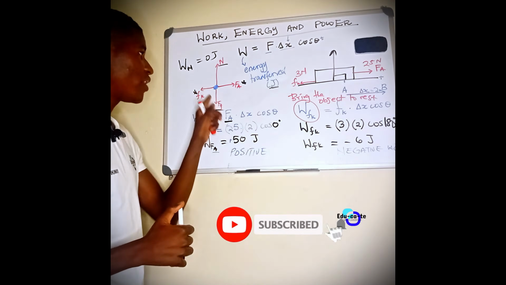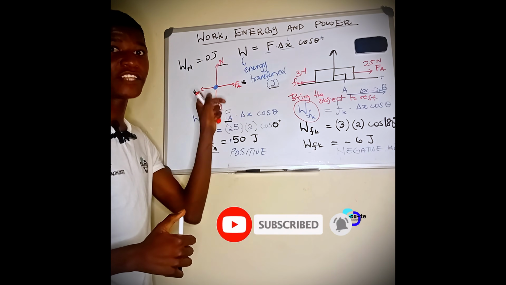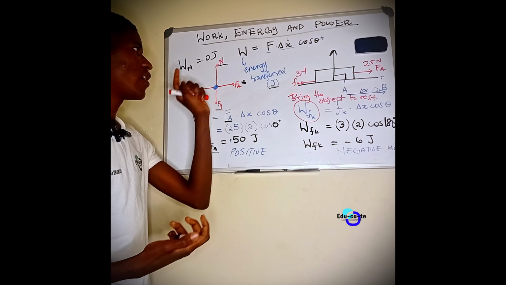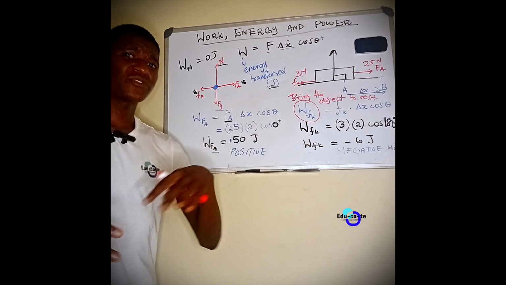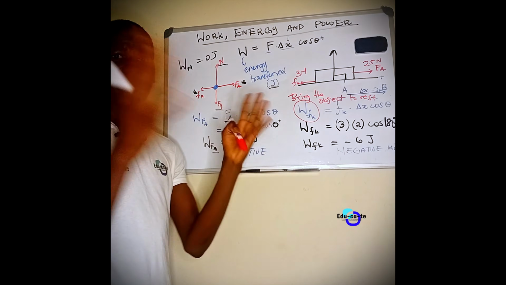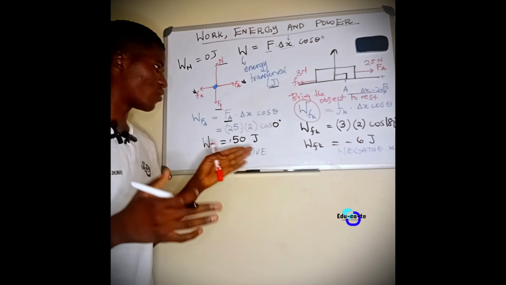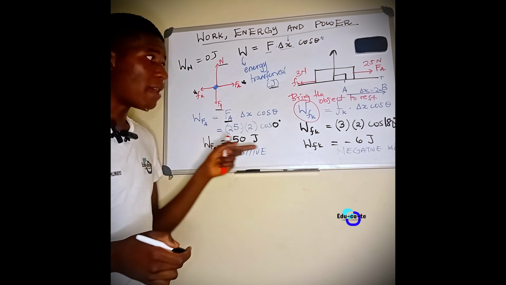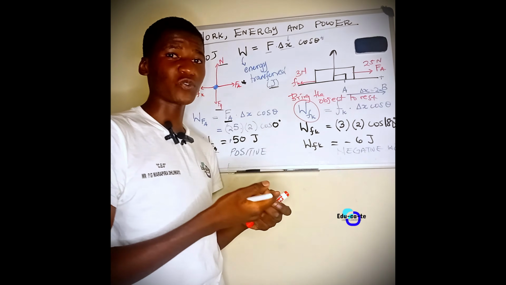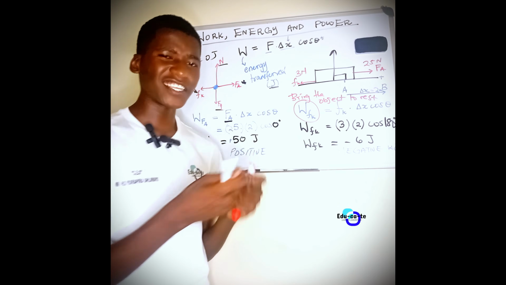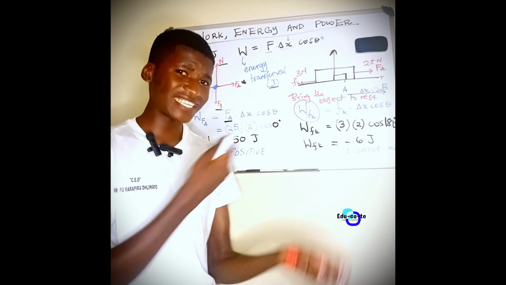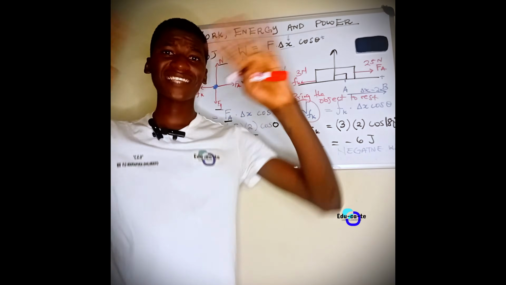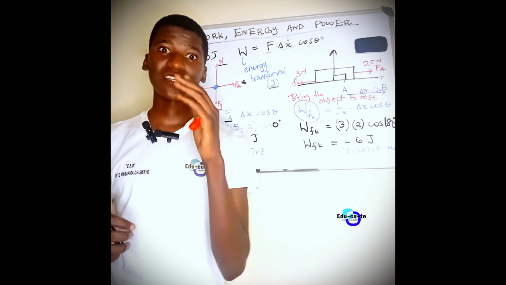So we will only consider these forces to be the ones that contribute non-zero work so that the object can move. We can combine the works and make them a net work, because we've got different works. We've got my applied force adding 50 joules, but my friction is trying to remove 6 joules. So as I add 50 joules, the friction is removing 6 joules from the object continuously. Okay, so I can sum up the work and get the net work done.